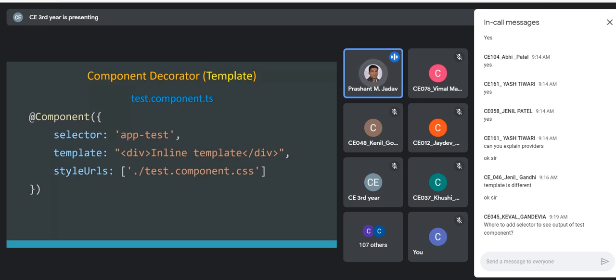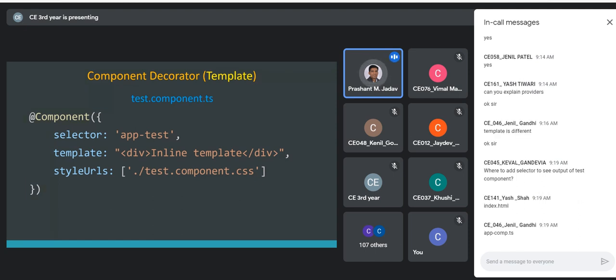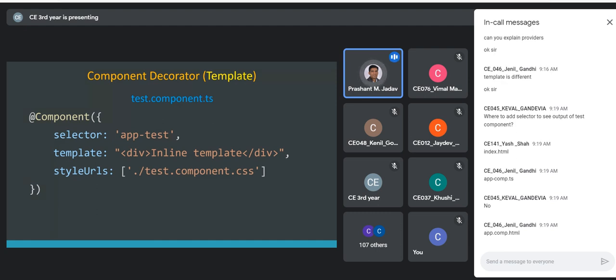Correct. Now see that we have created the component, but we have to use it. So where should we use it? Should we use it in the index.html? The component is ready now. You can see that the component has a view. And right now, the logic part, we are not writing anything. Later on, we can extend it.